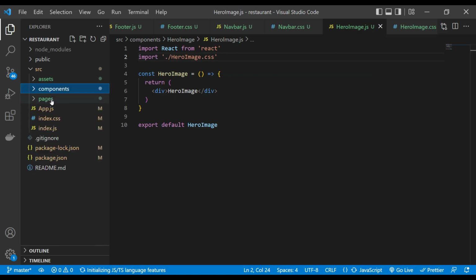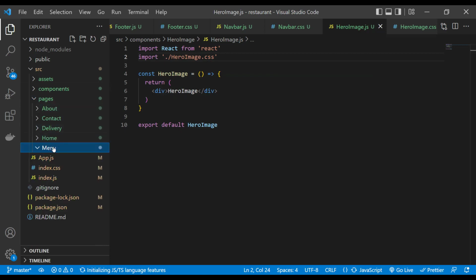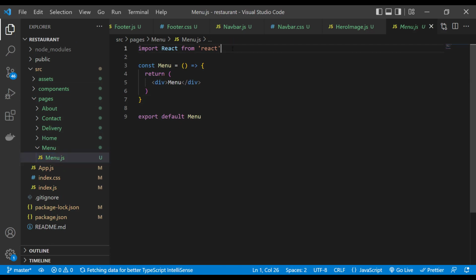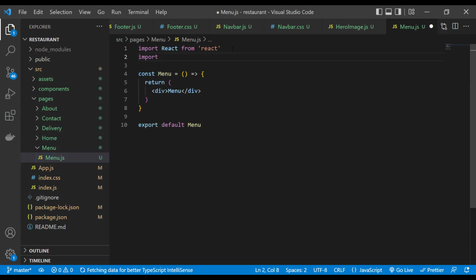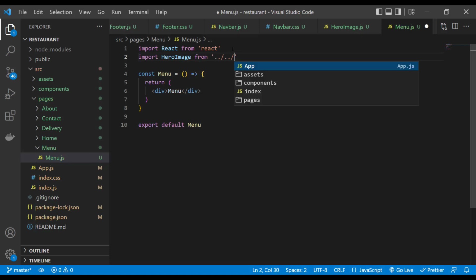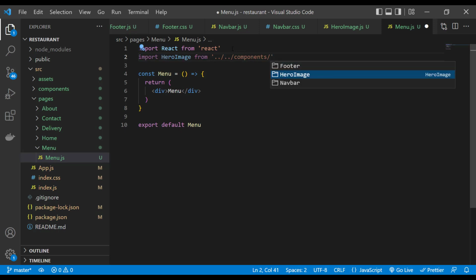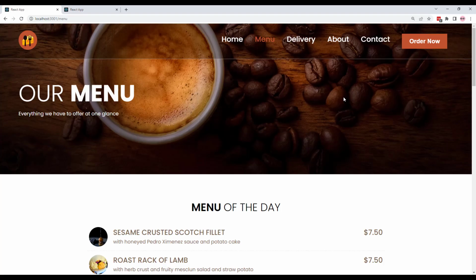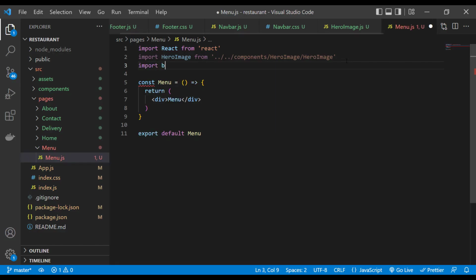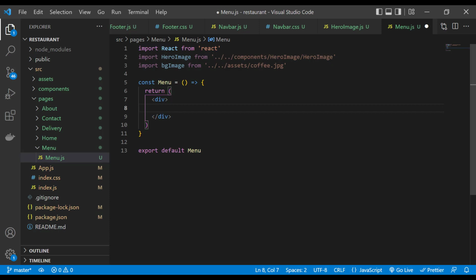Let's go inside our pages folder and then menu page. I am going to import HeroImage component. So let's say import HeroImage from ../components/HeroImage. Let's import this background image. So import bgImage from ../assets/coffee.jpg. We don't need this text anymore, so I'm going to remove this text, and inside this div I am